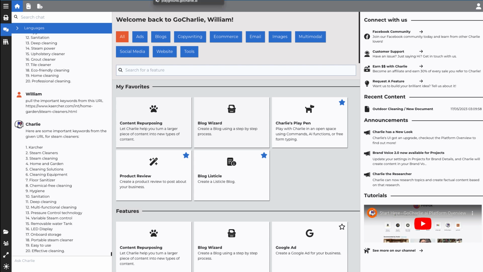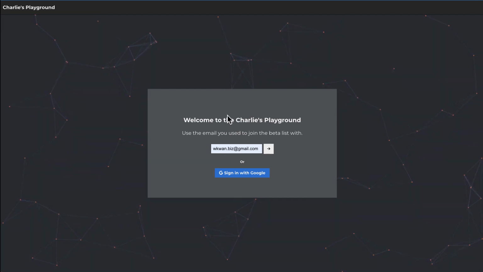And the next one I want to talk about on their update is they're now offering a playground, some sort of a test for their own language model. So most of the other AI content writers will just use ChatGPT 3.5 or go with ChatGPT 4. I think for GoCharlie, they want to come up with their own large language model, LLM. So this is something they are currently giving to their existing subscribers. So if we go into the Charlie's Playground,